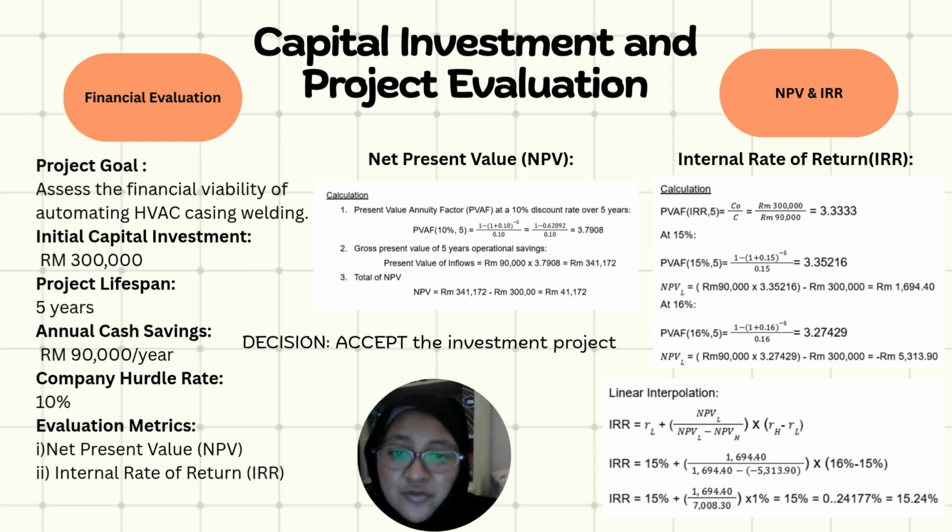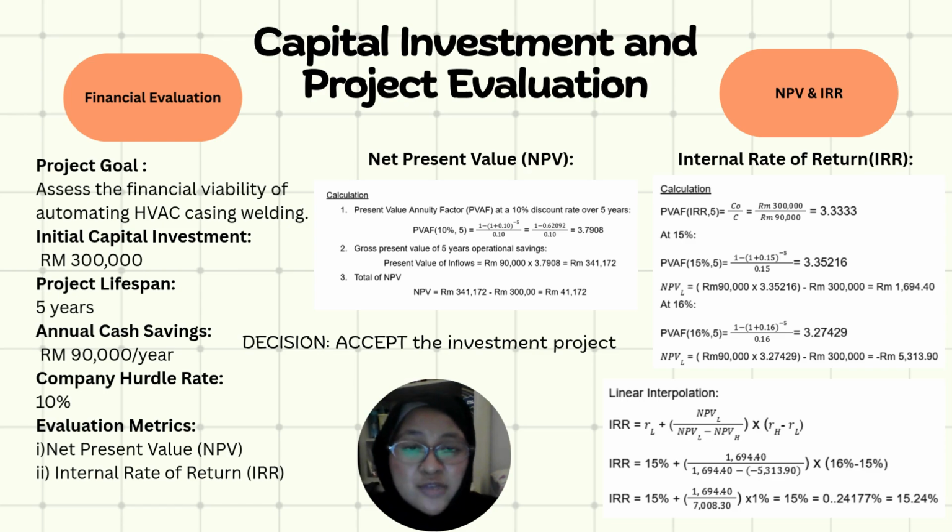These savings come from reduced sheet steel waste, lower rework rates, and faster assembly labor. Our baseline hurdle rate for a project of this risk level is 10%. To prove whether this is a smart move, we calculated the net present value, which is the NPV, and internal rate of return, which is the IRR. Move on to the NPV. For a 10% discount and over 5 years, it comes down to